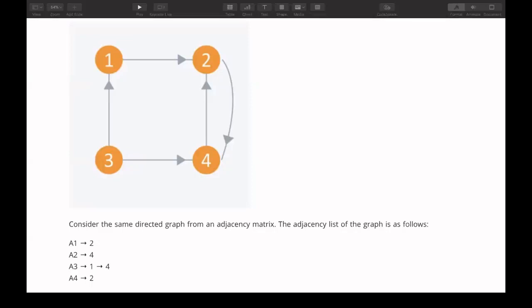I cannot go to 3. Similarly, from 2, I can only go to 4, but I cannot go to 1. From 3, I can go to 1 as well as 4. And from 4, I can only go to 2. So this is basically the difference between directed and undirected graphs.